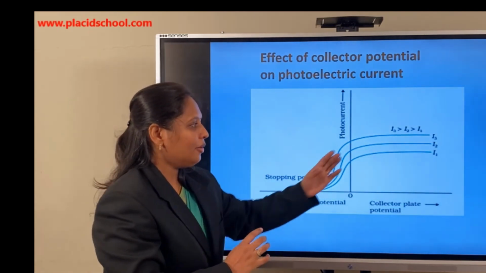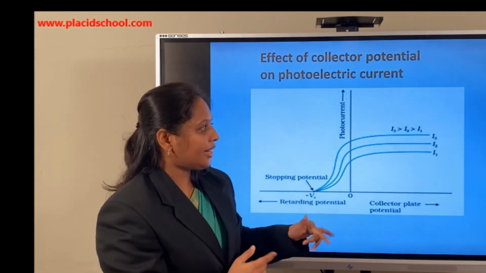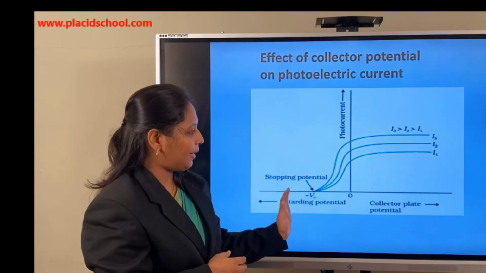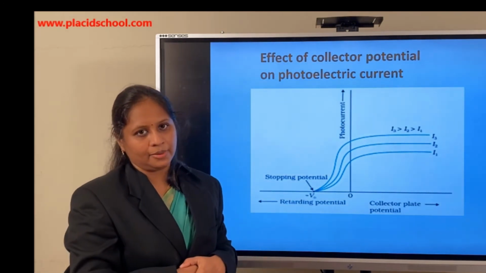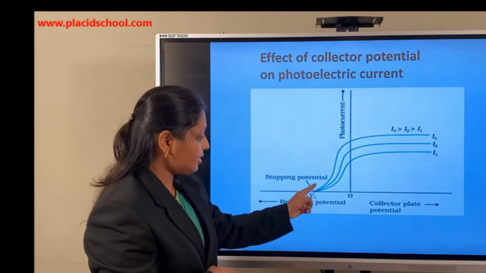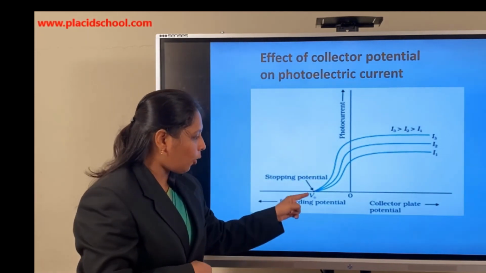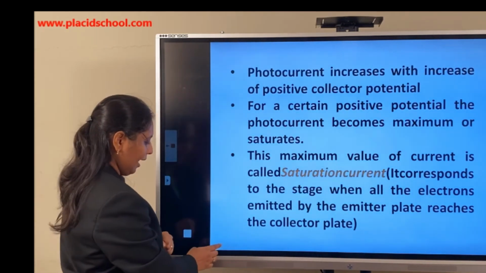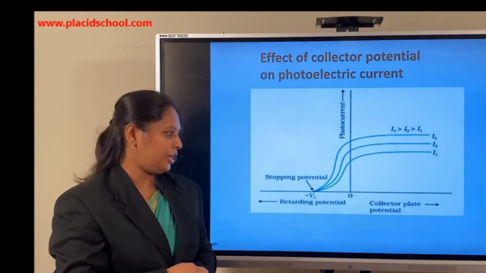Remember that. Again, we increase the intensity of the incident radiation to I3. So I3 is now greater than I1. The frequency is kept the same, and we repeat the same process. You can see that the saturation current increases. The saturation current increases with the intensity. But here one very interesting thing is that even though the intensity is increased, the current stops at one particular negative potential, the retarding potential, and that particular potential is called stopping potential.